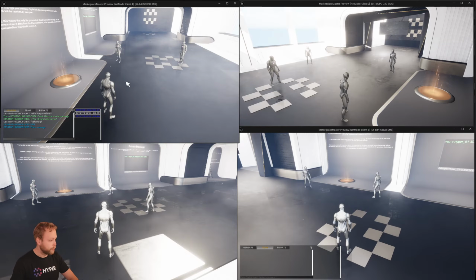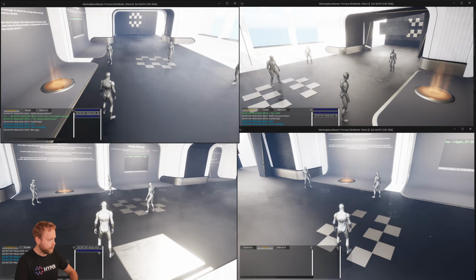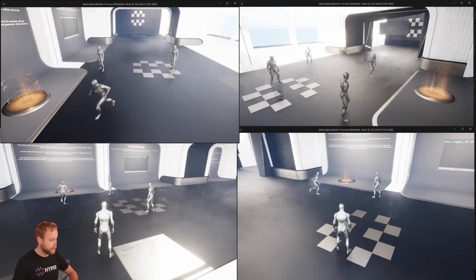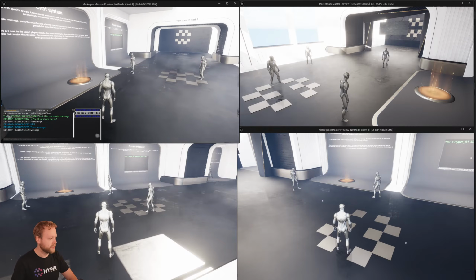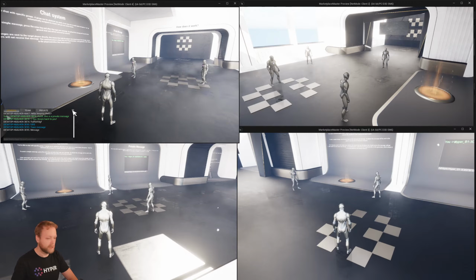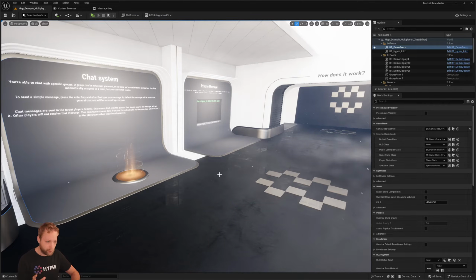And we have some cool UI logic. If you press enter, then it gets the focus. And if we don't have focus anymore, it will automatically collapse, so it just keeps it clean and we can just keep our inputs. And obviously we can collapse this player list like this, so you can just keep it a bit more clean. So now let me tell you how this works and how you can set this up